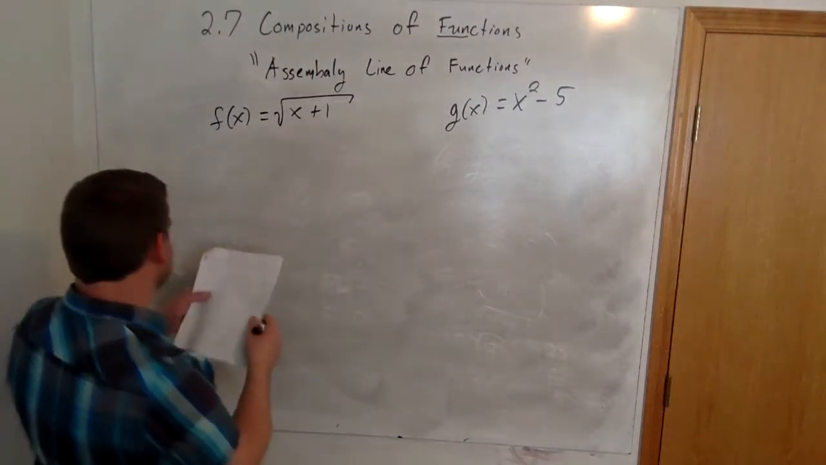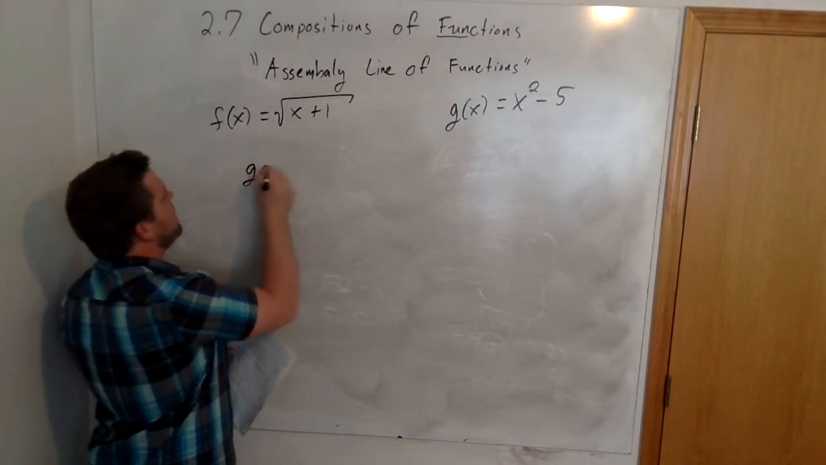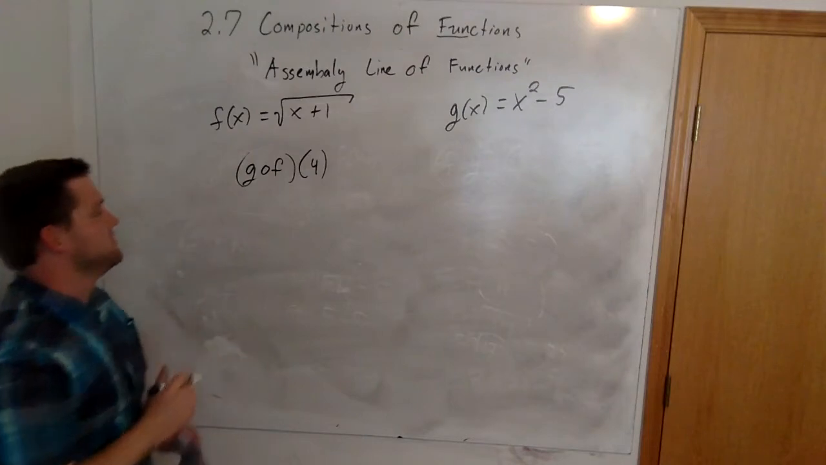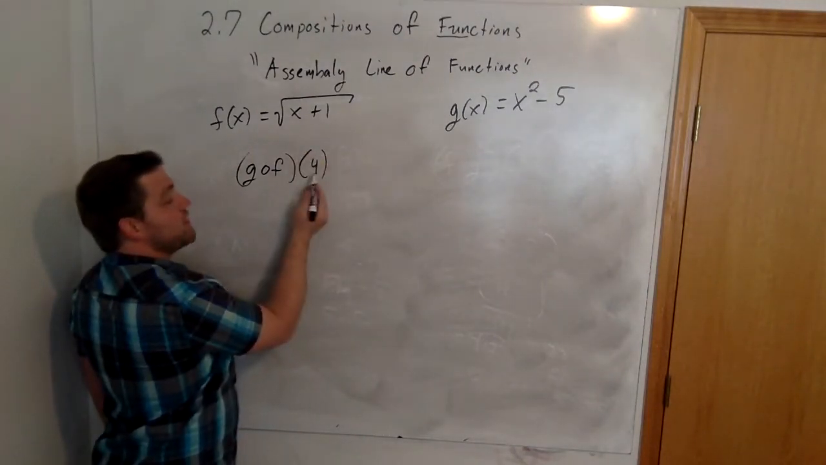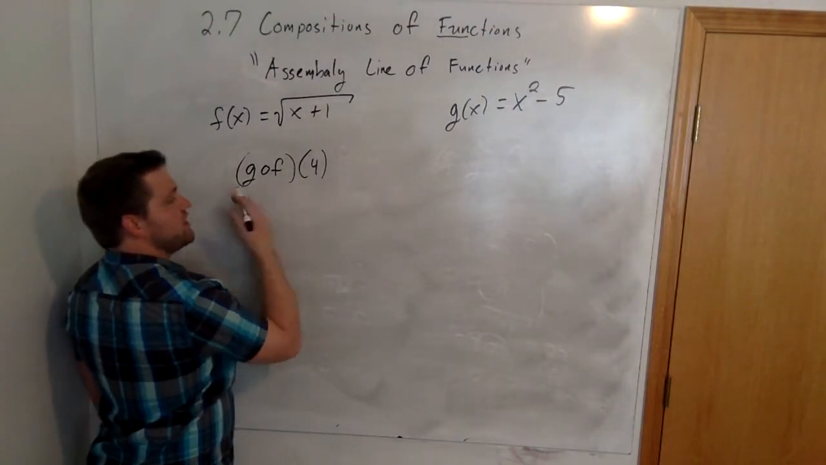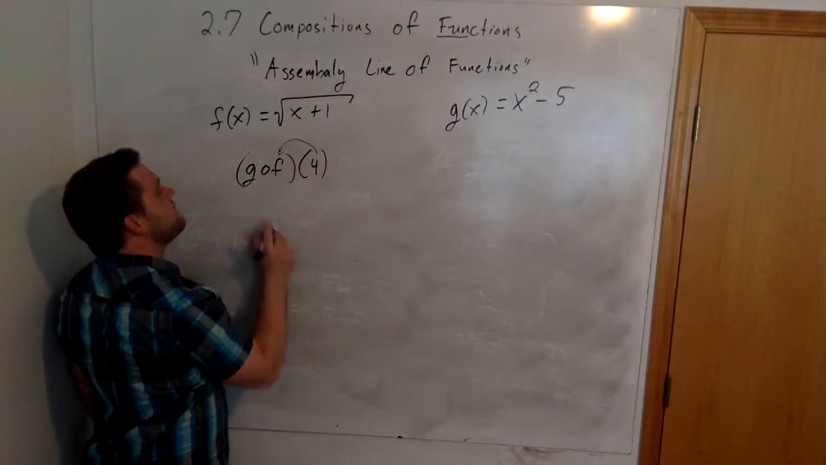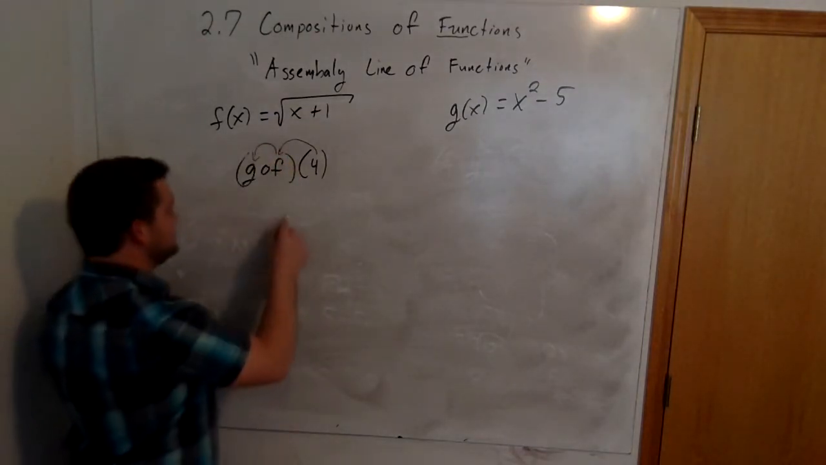So, for example, let's say that I want to compute g of f of 4. I'll tell you how to read this in a second. But what this means is, read it from right to left. I'm first going to take this 4 value and plug it into f. I'm going to take that output and plug it into g. So as an illustration,